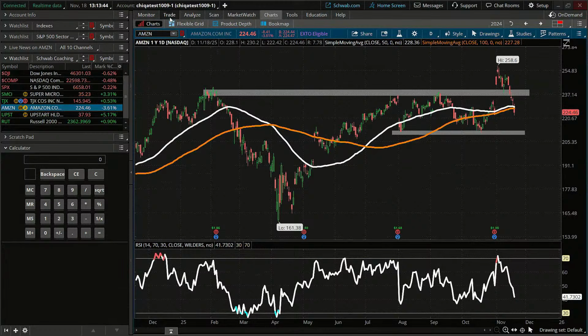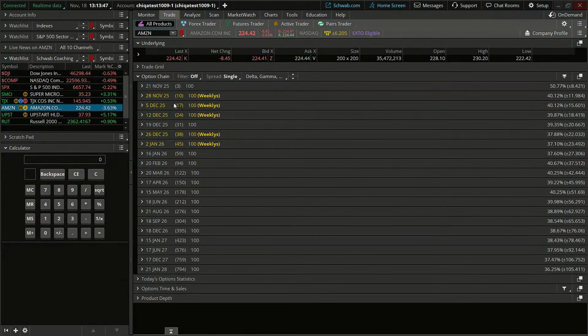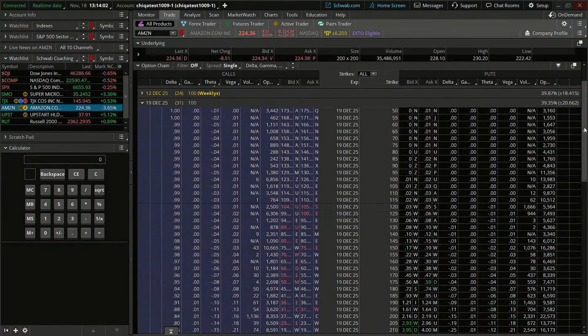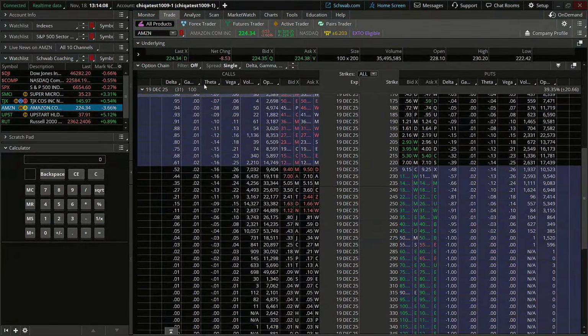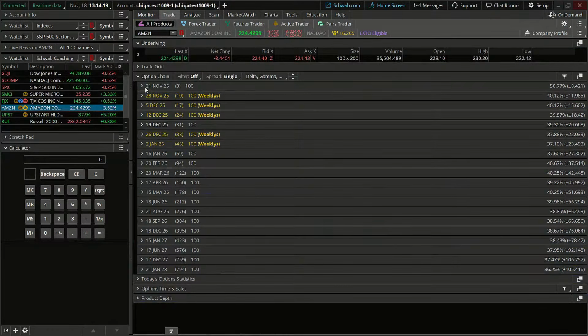So let's take a look at the trade tab here and let's look at Amazon. I want to give myself more than a month's time because at that one month period or zone, that's when time decay tends to pick up its pace in high gear. And I'll show you that as we look at the theta column on this option chain here. We can see the theta of the at the money options is around 14 on the put side here. Now, if I just collapse this column, let's take another look.